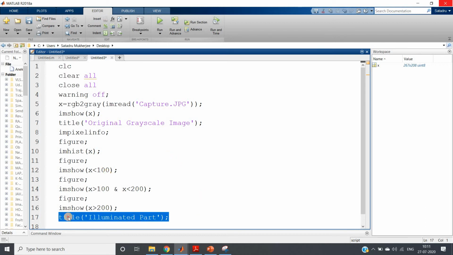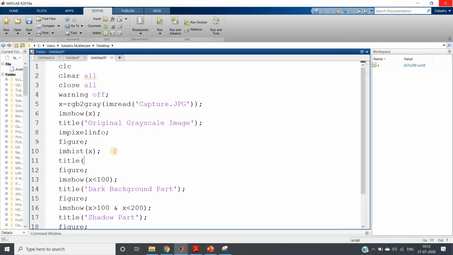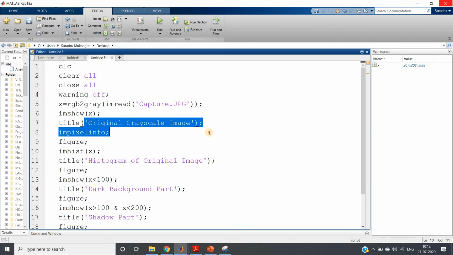Control C for this one, shadow part. For this one, dark background. And for this we can give the title histogram, and for this one the title original grayscale image.